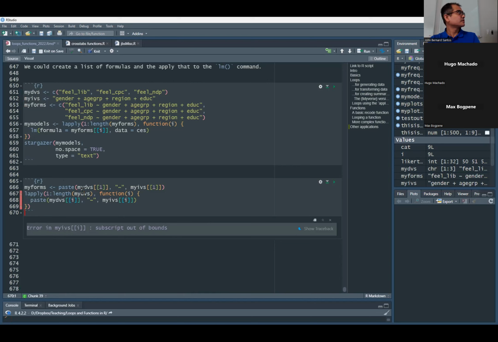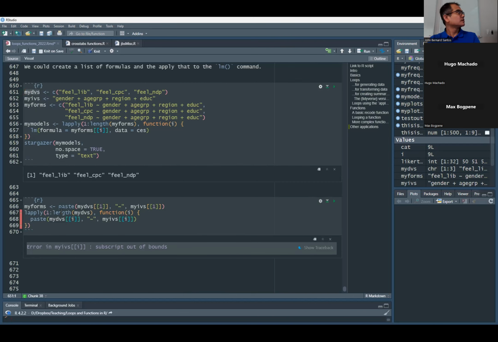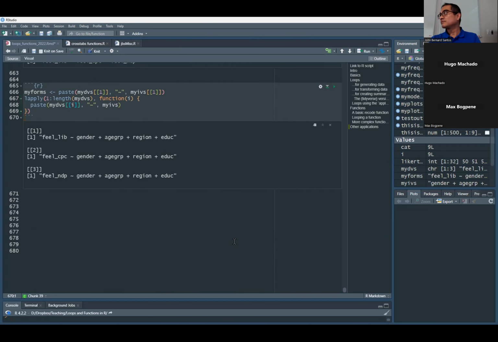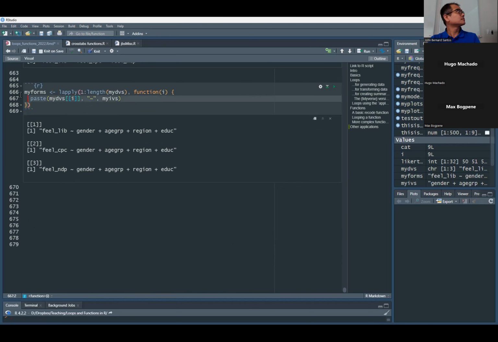DVs, sorry. DVs, yeah. So over the 1 to length of my DVs, function i paste. Oh, my IVs is always the same. So that's why I didn't need to do that, right? And then now I have all of those things, right? And then you could output this to my forms